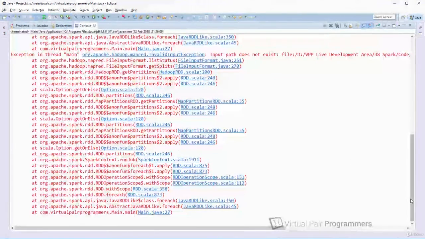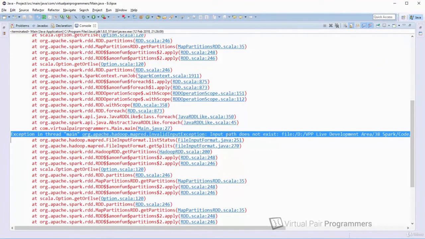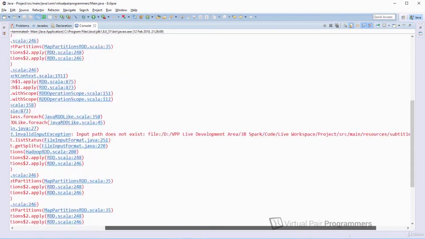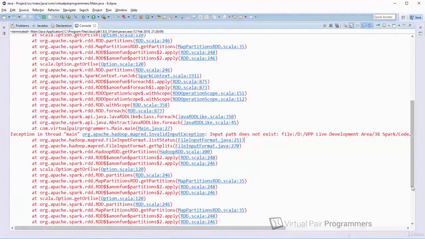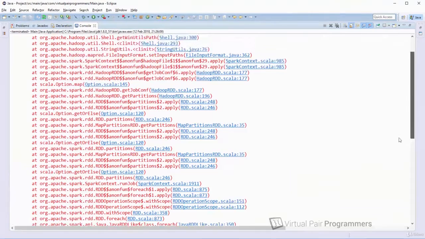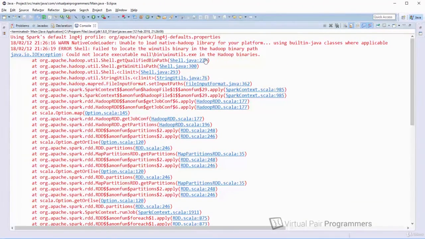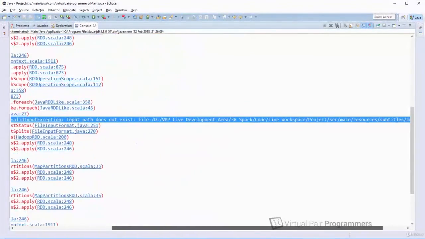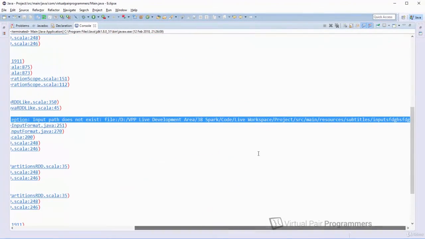So there's an exception, and clearly nothing's going to happen because, as the exception here says, the input path does not exist, quite naturally. But you might be a little put off if I go a little further up. Now, this is only relevant for Windows users. You will also see that it says it cannot load this executable called winutils.exe. Now, actually, that's not a problem. The problem is, of course, the fact that the input path didn't exist, and we can fix that very simply